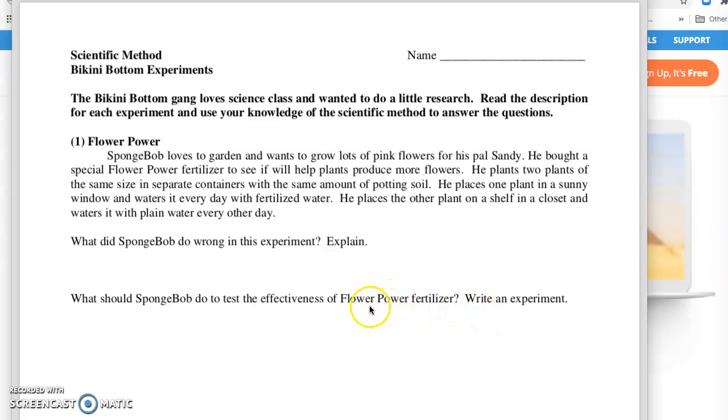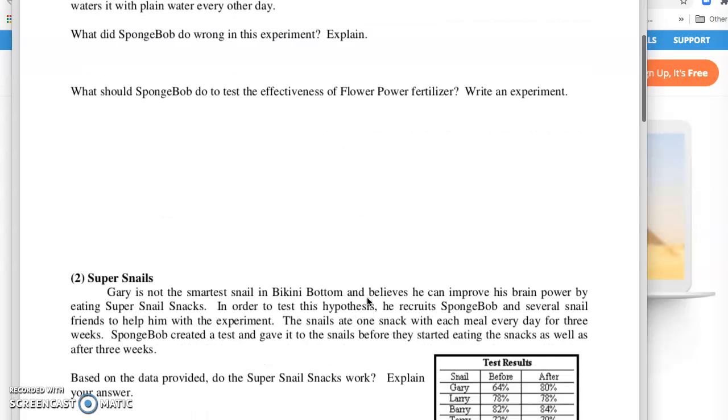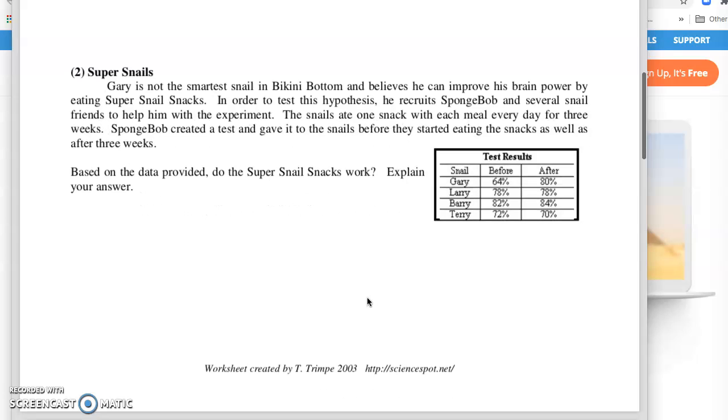You make sure that when you're testing something, you always have a control to compare your results to, to see how the independent variable that you're testing, the one that you are manipulating, is working. So that's this Bikini Bottom, and then there's another one here, Super Snails, and Gary is given